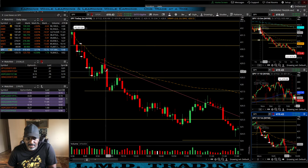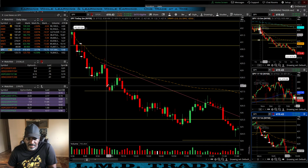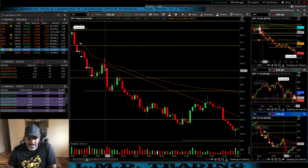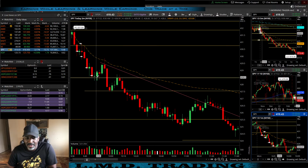Get in as it breaks the low of this candle. And again, we can play it until it comes down to this area. We see that this put up no fight this time. It busted right through it. So that there would have been the good trade. But again, we were in like a scalpy mood. And this one here, we got out of